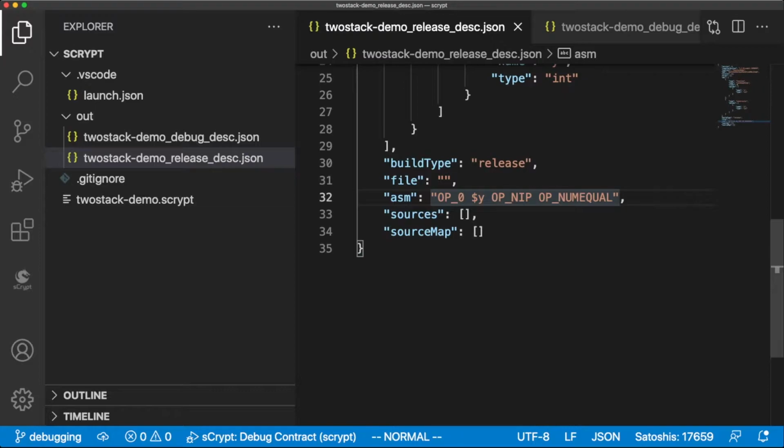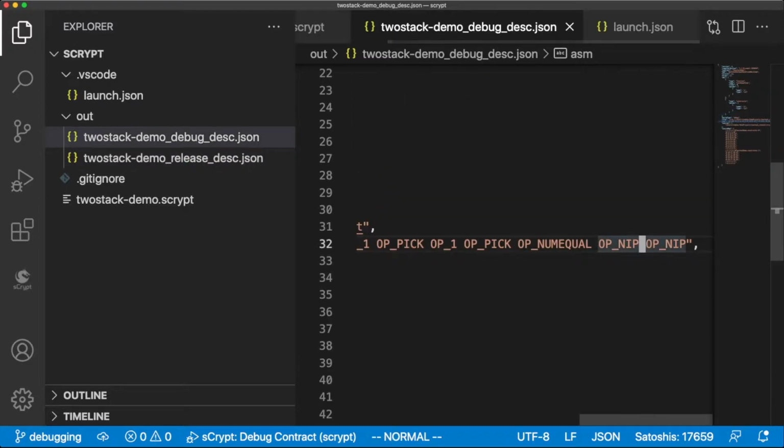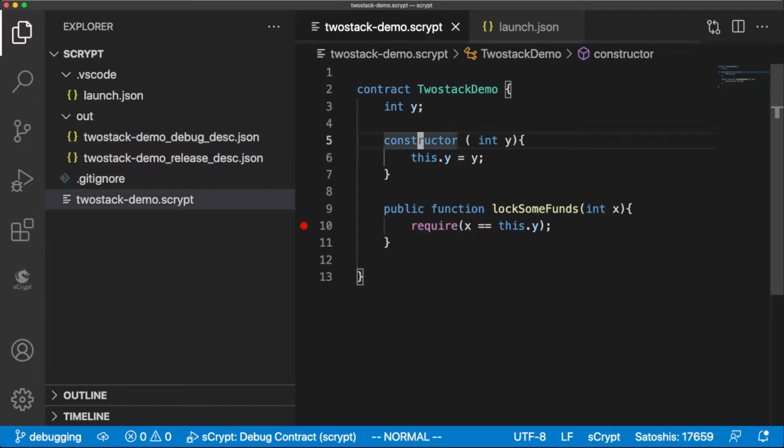Don't worry if you didn't follow what I just said. You can think through it yourself, maybe, and manually work out how this evaluation will proceed. I think that would be helpful for learning. Okay. So yeah, I wanted to point out the fact that there is actually a release version of the